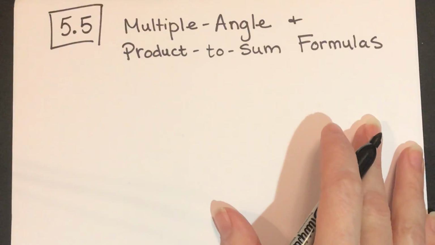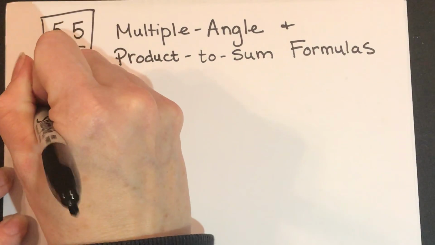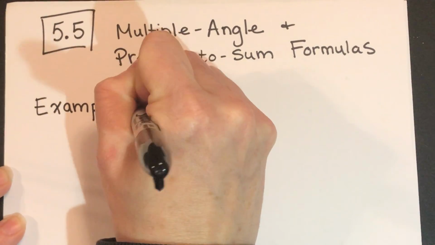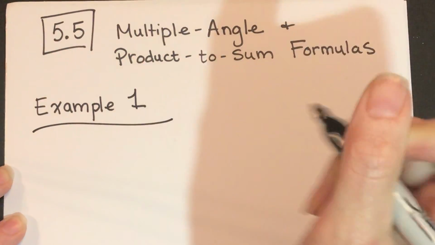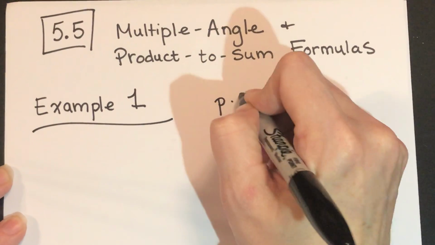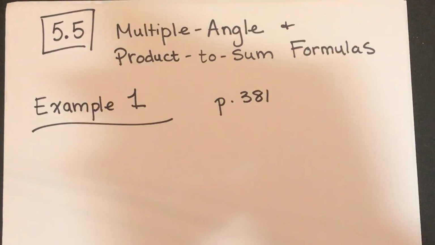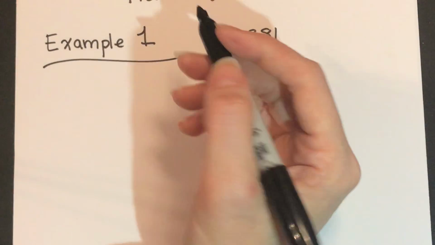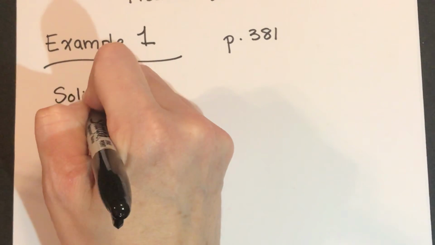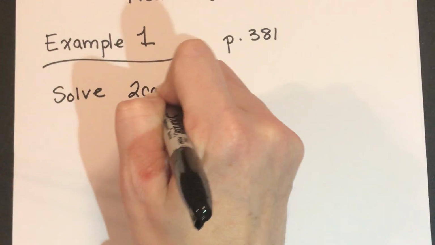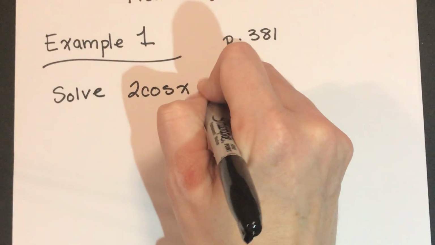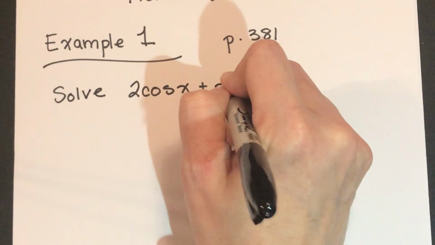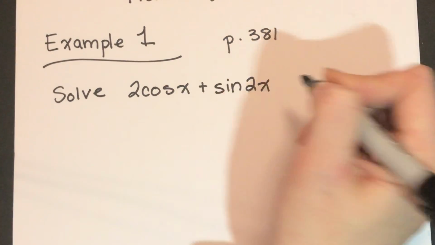This is example 1 in your book. We're on page 381 if you want to follow along. In example 1, we're going to solve 2 cosine x plus sine 2x,